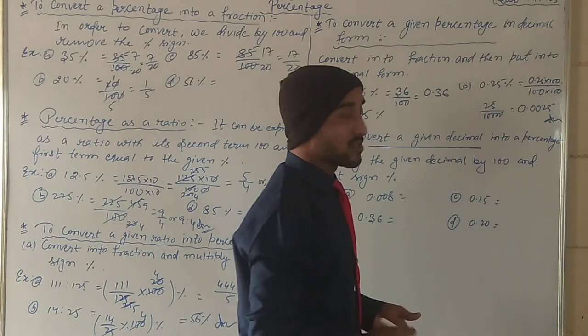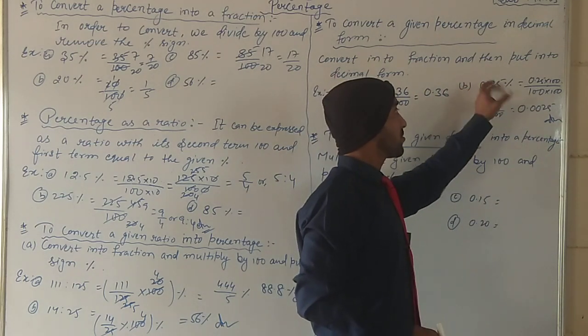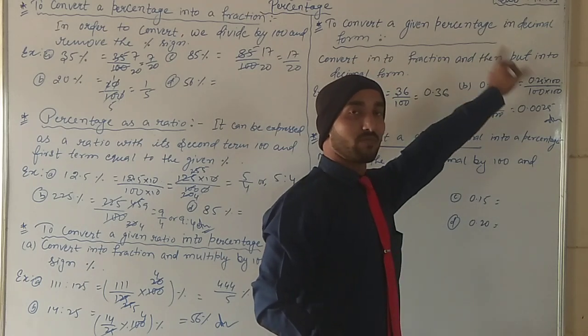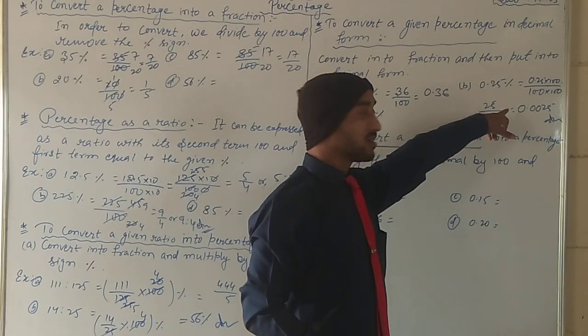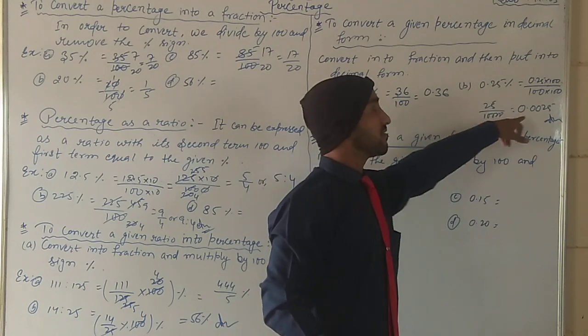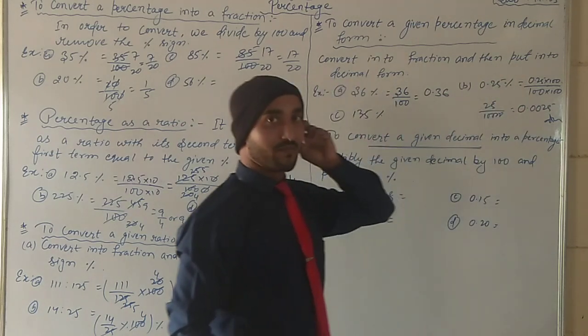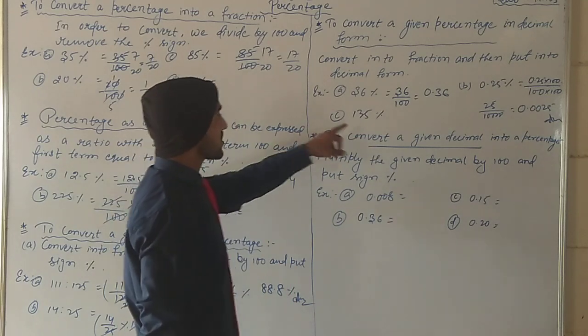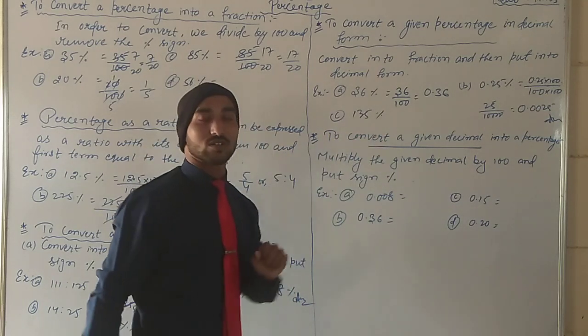Okay, students. So in that way, what you have to do? Simple: in decimal, multiply by the number of zeros, and for the decimal part, put the decimal number and then divide. Division is very simple. So one more question after this: 135%. Now it's your turn to do.